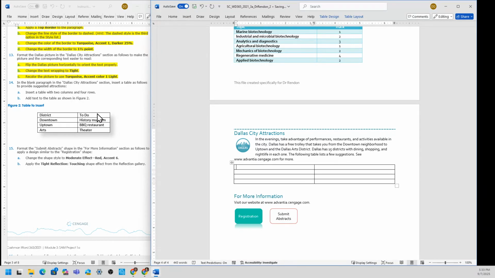And then I'm going to just follow figure 2 to add the text.